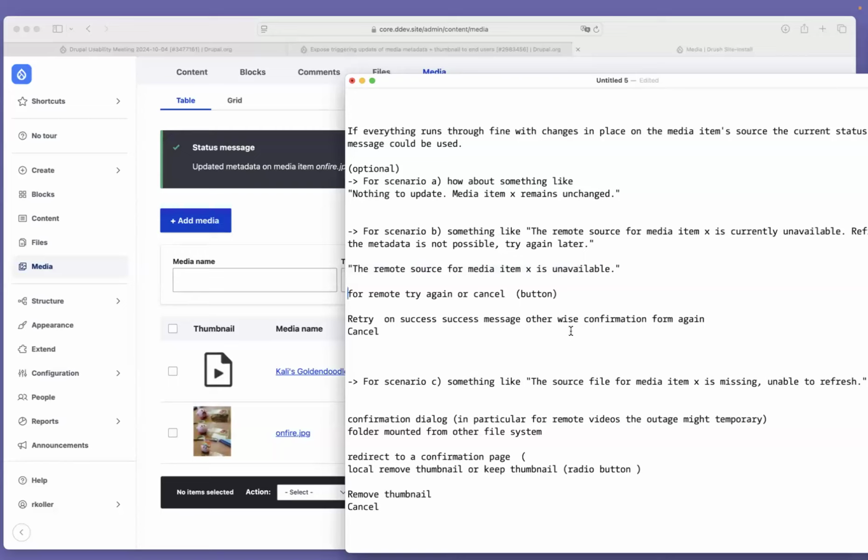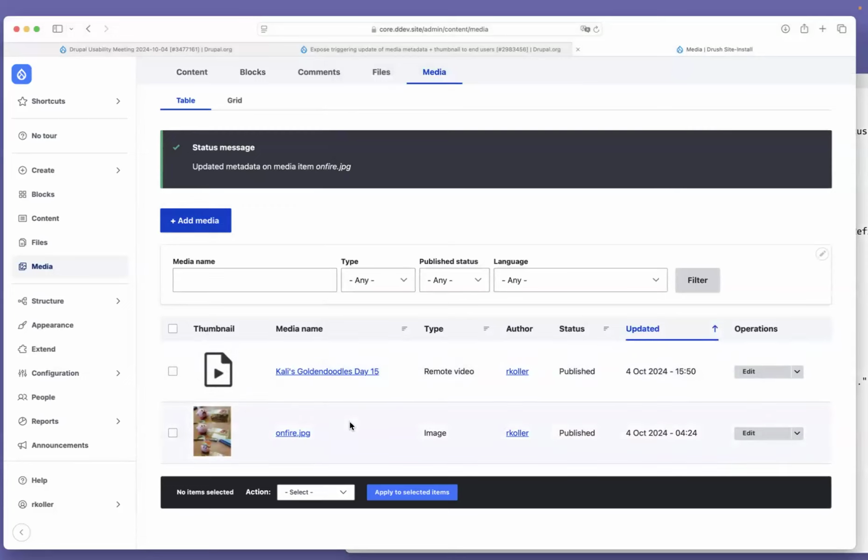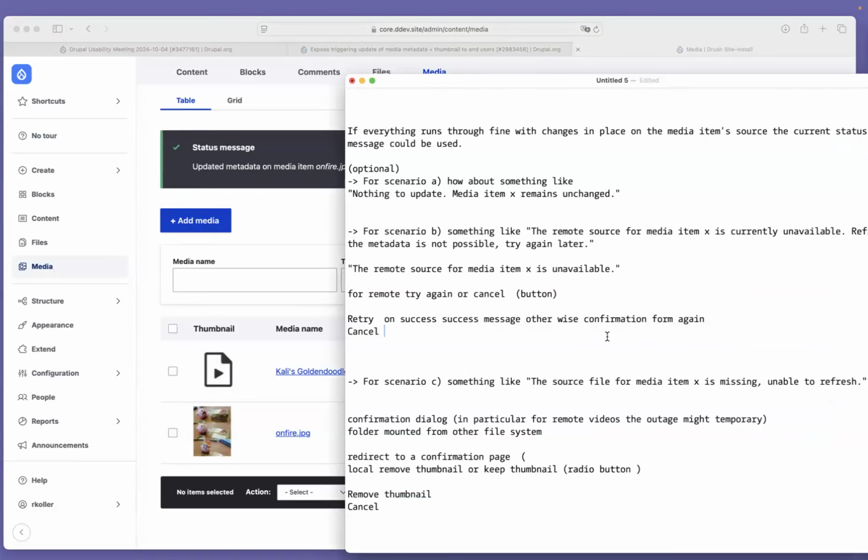On success, message. Yeah, and on cancel, the only question is now if it should be an info message or a warning and what should be on that message. Personally, I would still go with my suggestion in that regard, just stating that the old image is kept. I think that's fine.